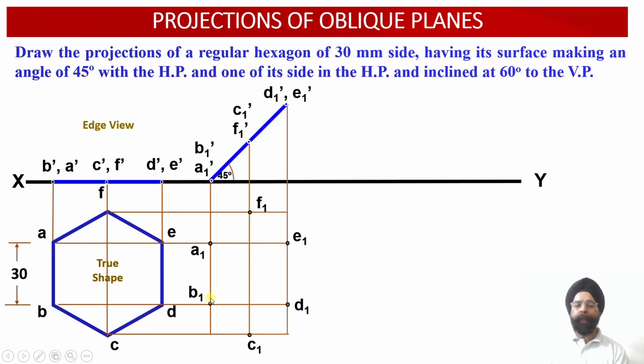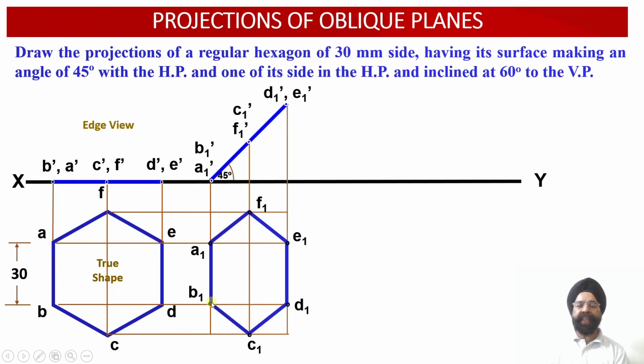So the plan projection points corresponding to the corners of this particular hexagonal lamina have been obtained in the top view projections when the lamina happens to be inclined with respect to the horizontal plane at an angle of 45 degree. Now this is the apparent shape of the lamina, but the special characteristic about this apparent shape is